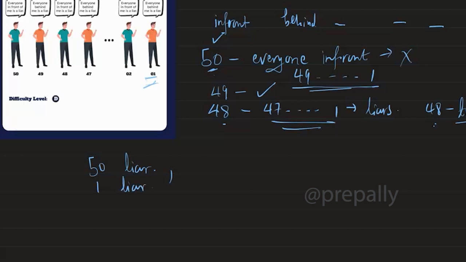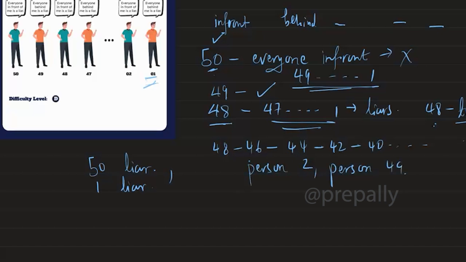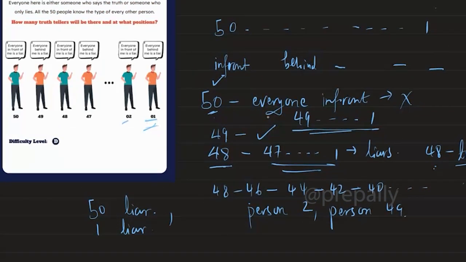Now, 48 says everyone in front of them. So you can do the same thing, and 48 will contradict with 46. 46 will contradict with 44. 44 will contradict with 42. 42 will contradict with 40, and so on. Ultimately, you will end up in a scenario where you are left with testing person 2 and person 49. Now, these two people are key because person 2 only has one person